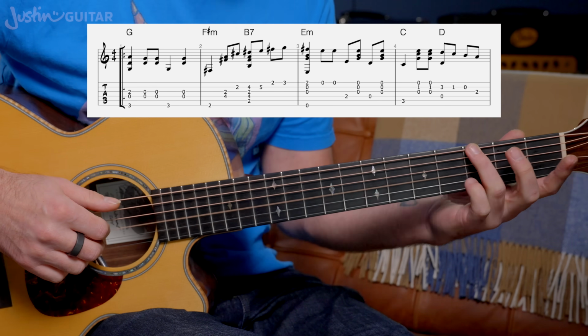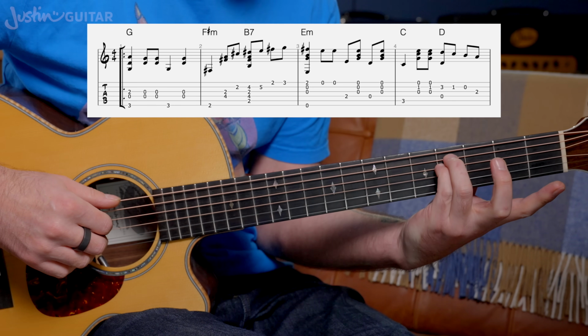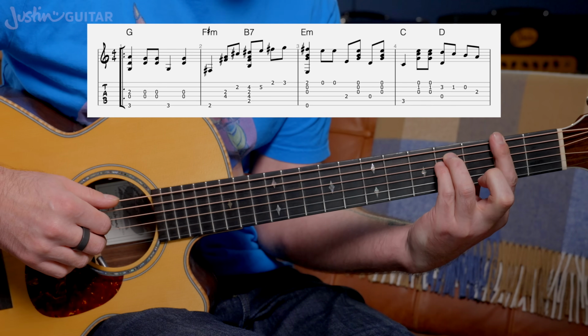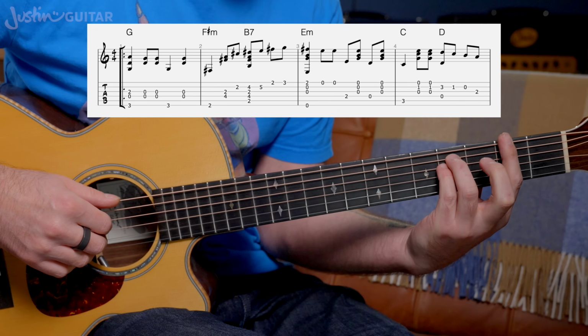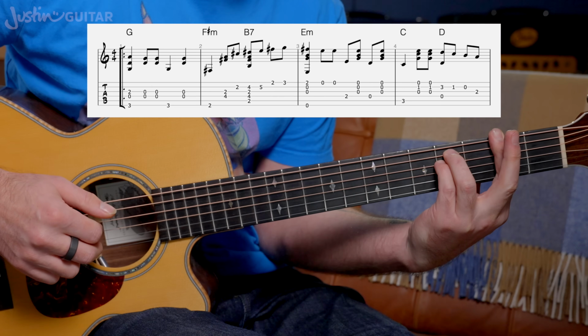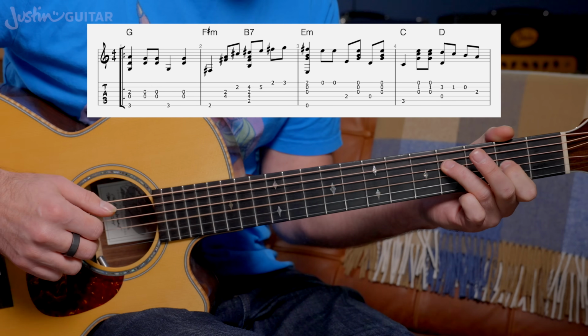Now comes the tricky bit, F sharp minor. So this is third and fourth fingers down on the fourth fret of strings 4 and 5, and then the bar is going to go down on the second fret. But you're only going to play the bass note, then the middle two strings, and then the second string. So you're playing this, and then...